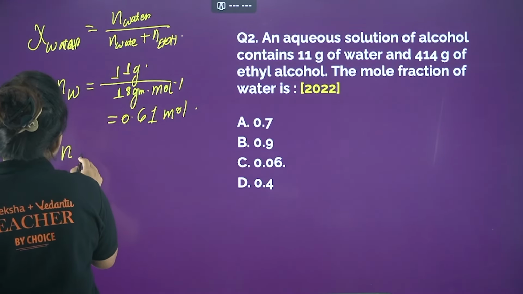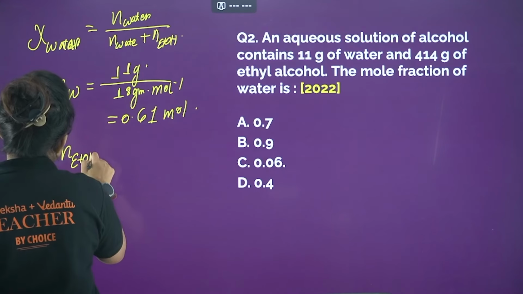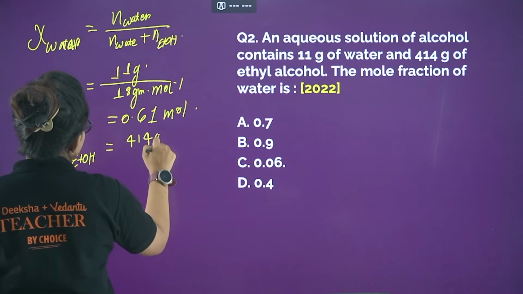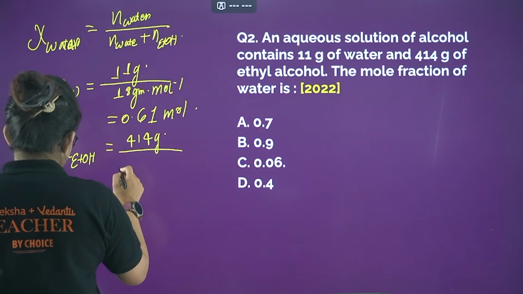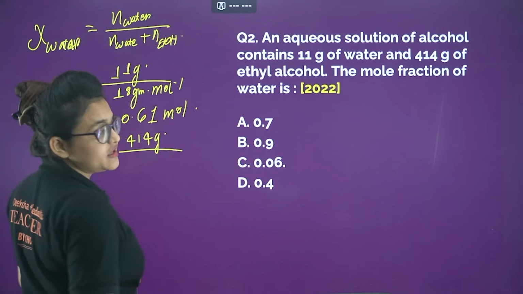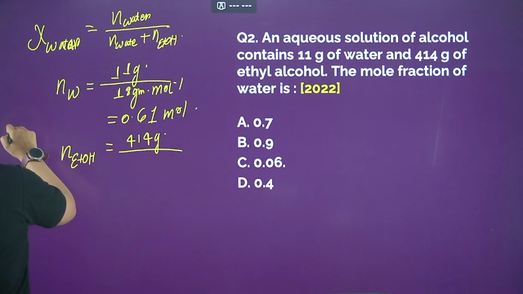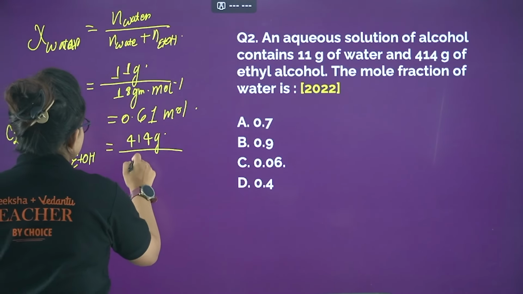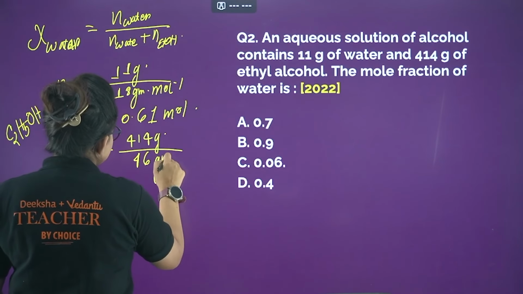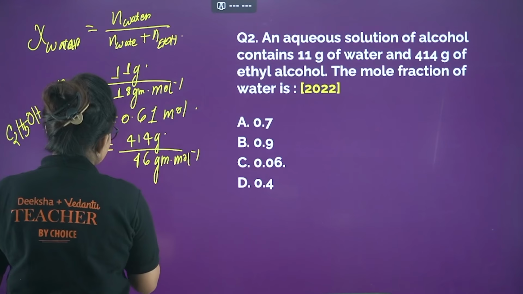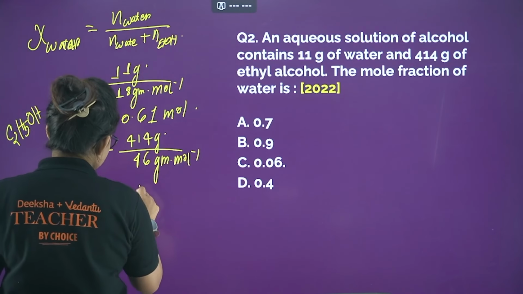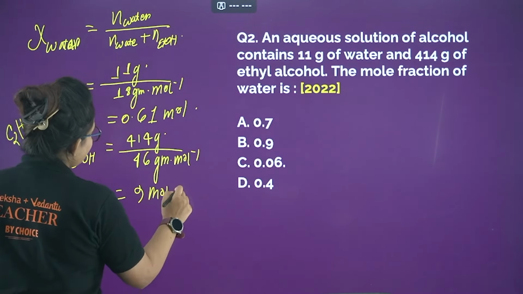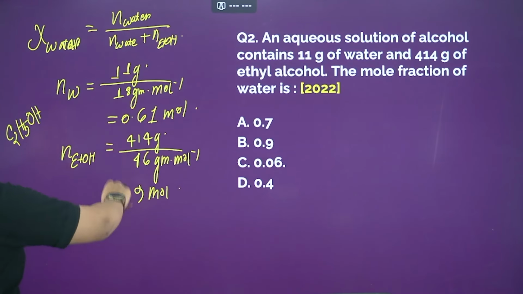Now the number of moles of ETOH, ethyl alcohol, if you calculate, it's basically the given 414 gram divided by the molecular weight of ethyl alcohol, that is C2H5OH, it will come 46 gram per mole, right. So if you calculate this, it will come completely a whole number, 9, okay. So 9 mole. Now what we are going to do, we are going to replace the value in this